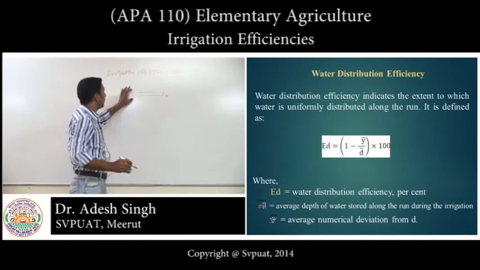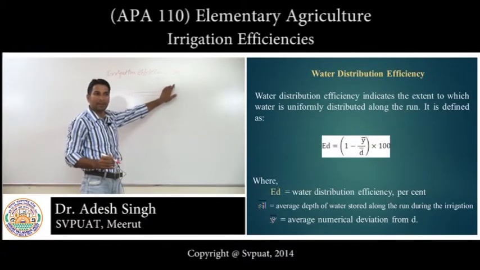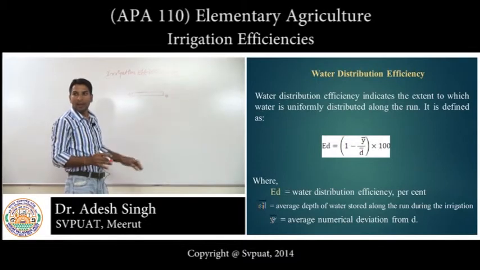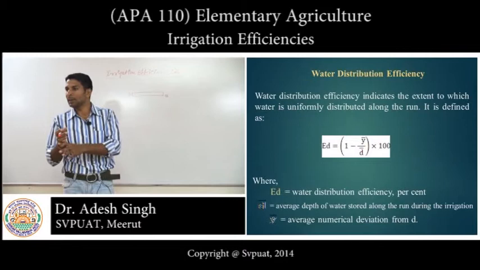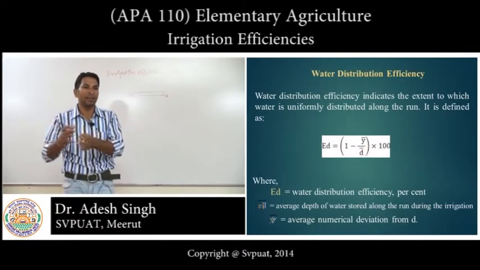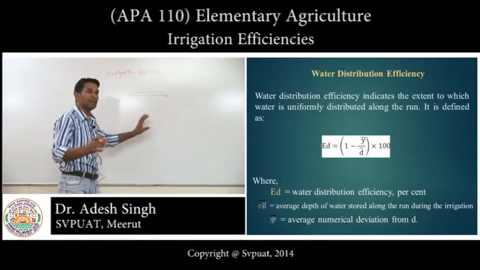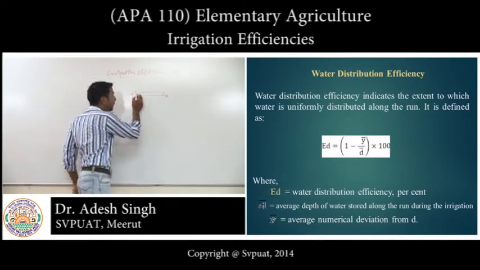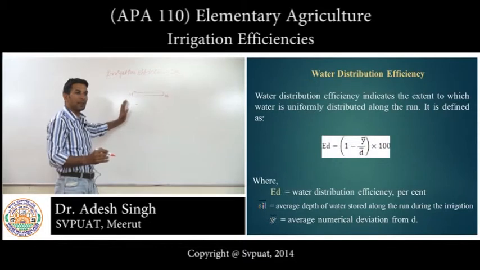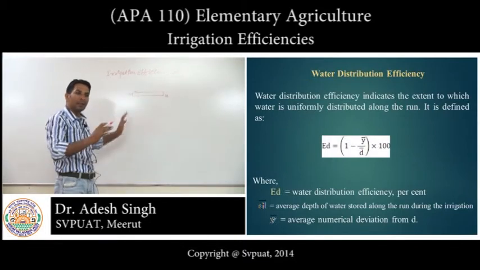So this is the head and this is the tail end. Whatever the method, either check basin, border strip, ridge and furrow, or any surface method, water is applied from one point to another point. So water will travel according to gravity,